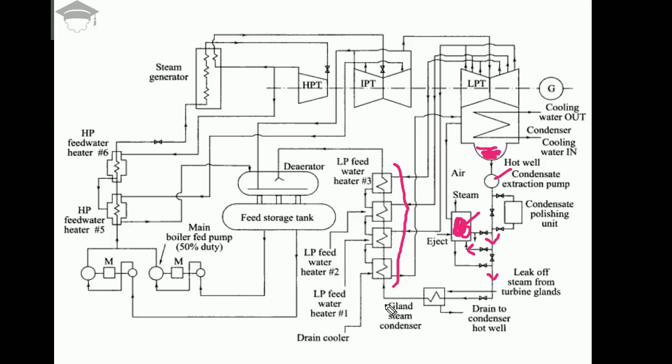Then further when we move on, these are the main four components known as low pressure feed water heaters. So this is low pressure feed water heater 1, 2, 3 and 4. So we have four feed water heaters. Now at this point we have air, steam and hot liquid water as a mixture. This gets pumped. Now as the mixture moves upwards, then what happens, we circulate.